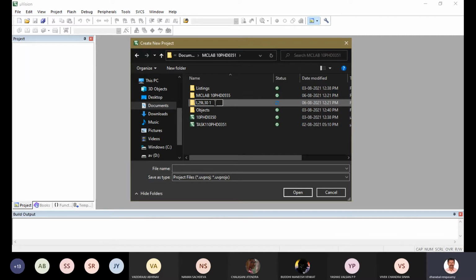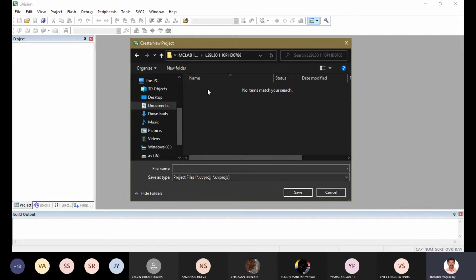I'm just typing the registration number like this, 501 or 0786. Okay, 4 digits like your registration number. So always you have the file names, the folder name like this. Click that folder. Inside that folder, you add your project name. Project name you mention which slot you are belonging, the serial number, your registration number. It's the format what you have to follow for uploading your files.